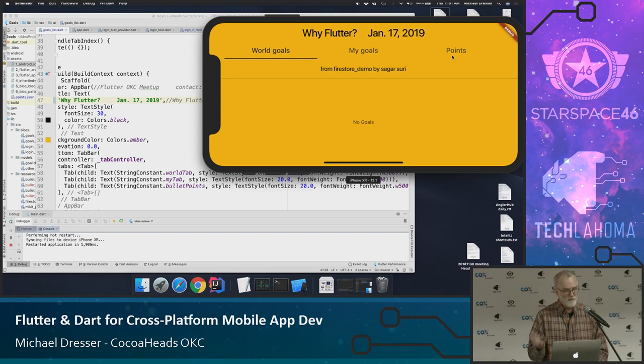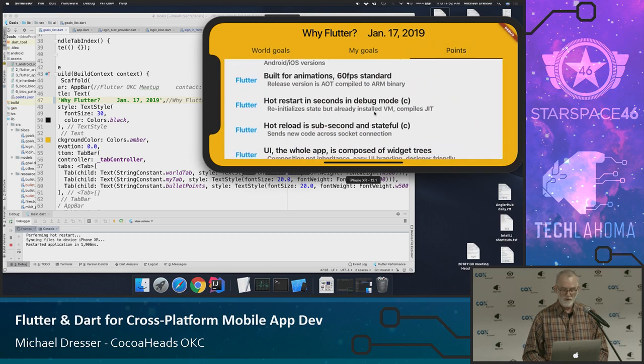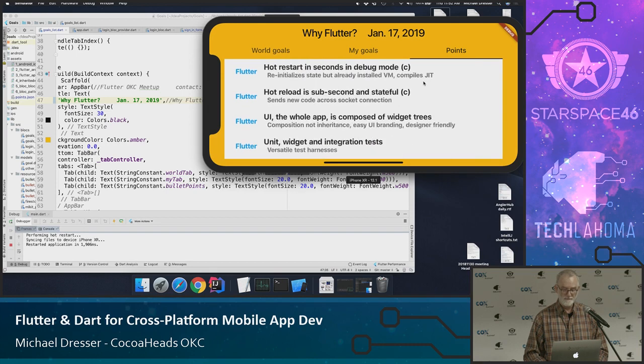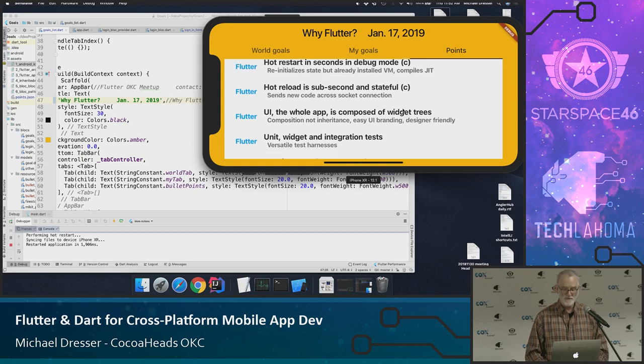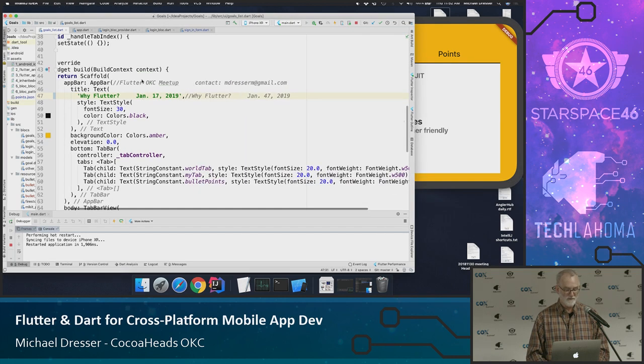So 1.9 seconds to get back to starting the app, and I can see this change. Okay, so that's a good thing. However, it gets better, and this is the part that really is nice about it, and that is there's a hot reload where you don't have to go through all that. So you'll notice I've scrolled to where I can see this particular bullet point that I wanted to make, and now I'm already in the right place in the code because I found it before.